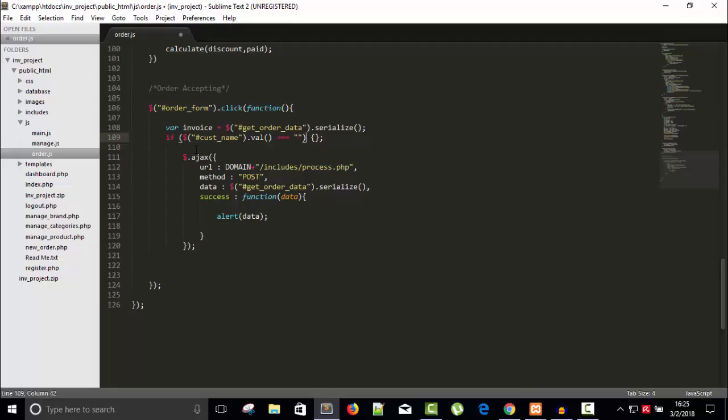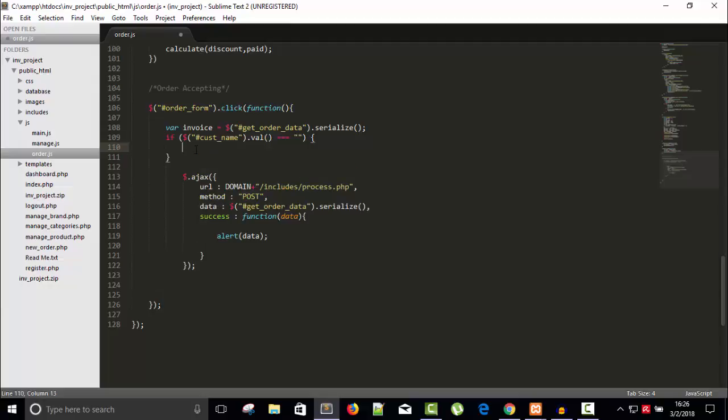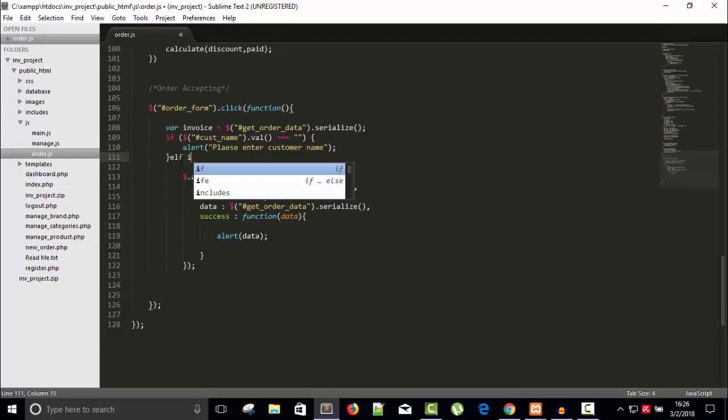Using double equal is not always right, but triple equal verifies both data and type, right? So if the value is empty, we will show an alert message like please enter customer name, because without a customer name how can you print an invoice? Else,